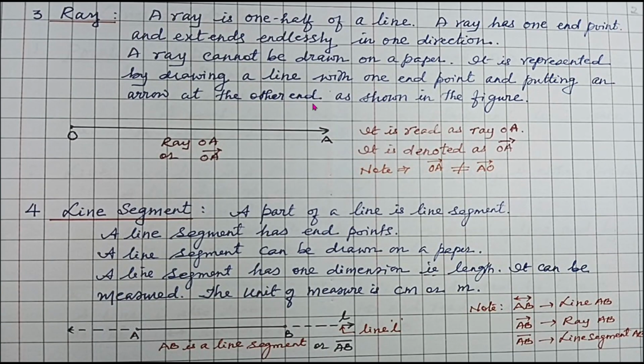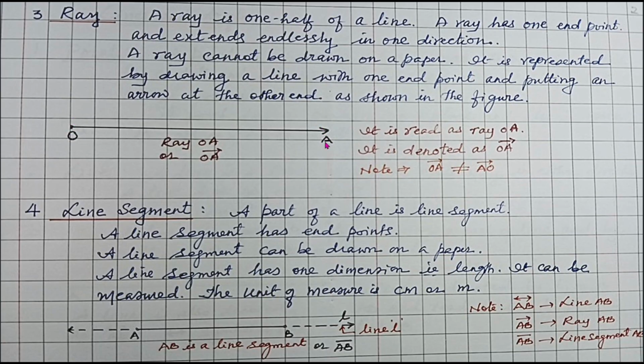Now coming to the next important term, that is a ray. A ray is one half of a line. A ray has one end point and extends endlessly in one direction. A ray cannot be drawn on a paper. It is represented by drawing a line with one end point and putting an arrow at the other end, as shown in the figure. So O is the one end point here,